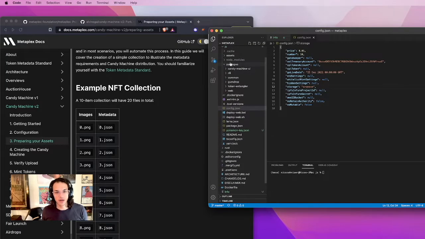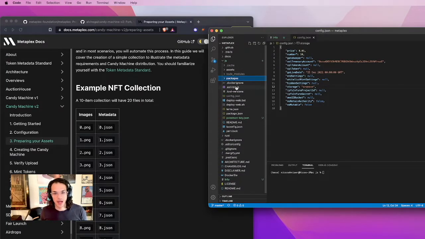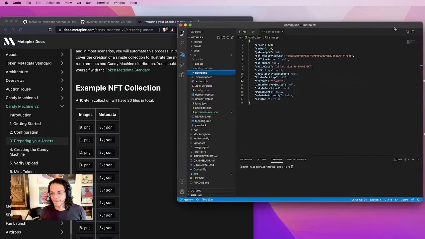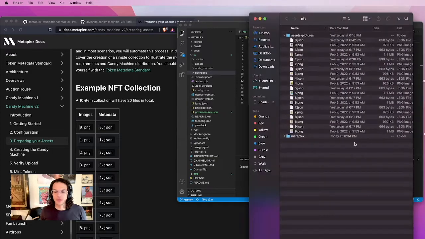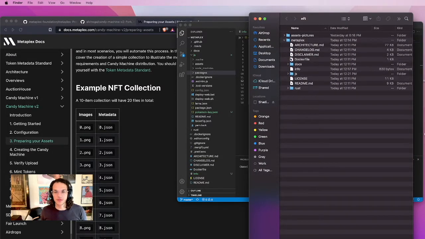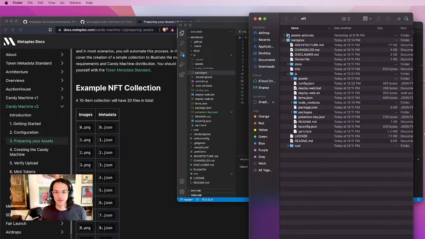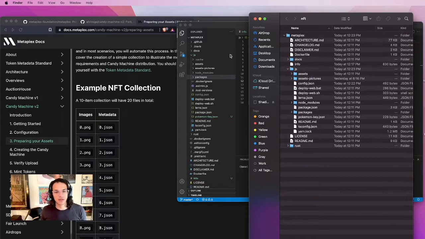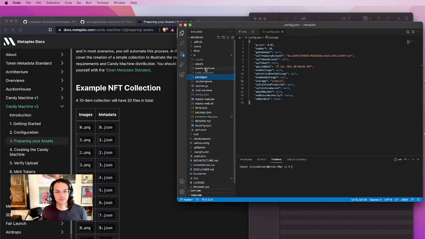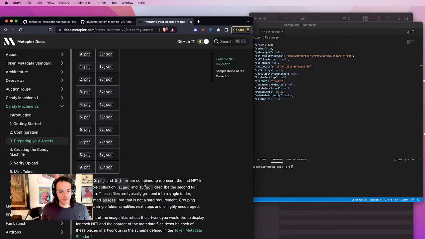So if we go to our candy assets, which are right here, so that's why I have them all ordered like that. What I'm going to do is I'm going to throw this in our JS folder. All right, so we got our pictures right there. Cool. Again, each pair must represent